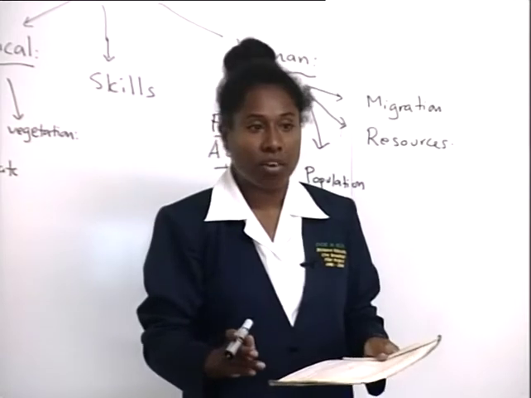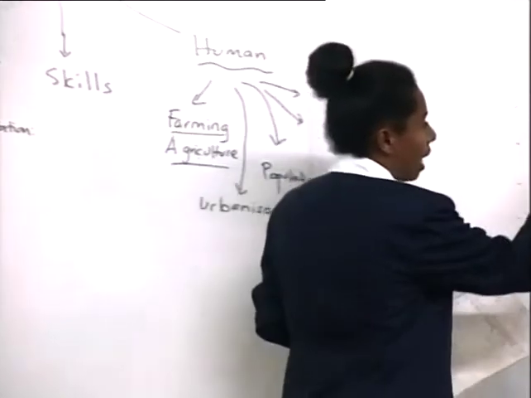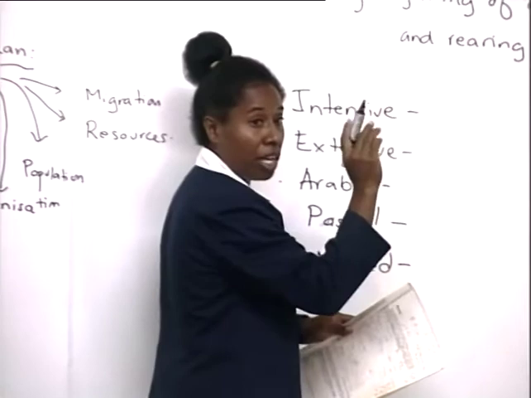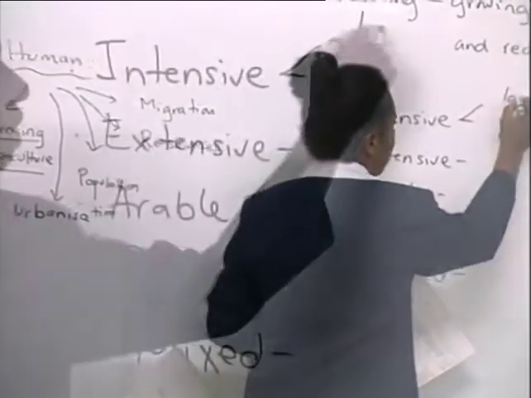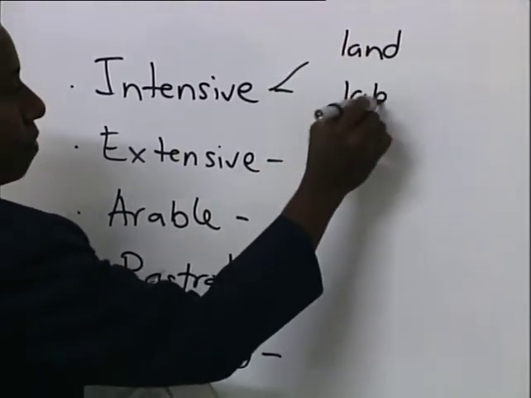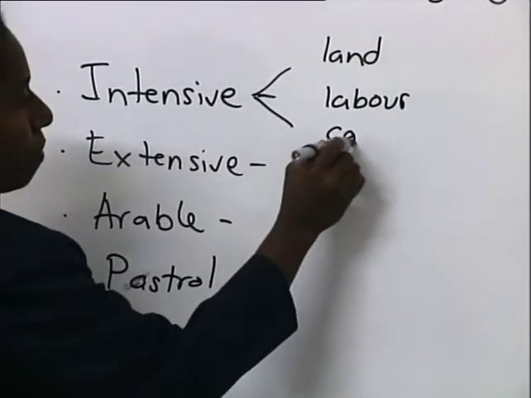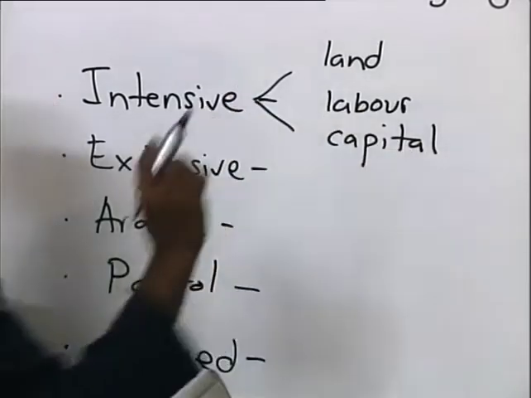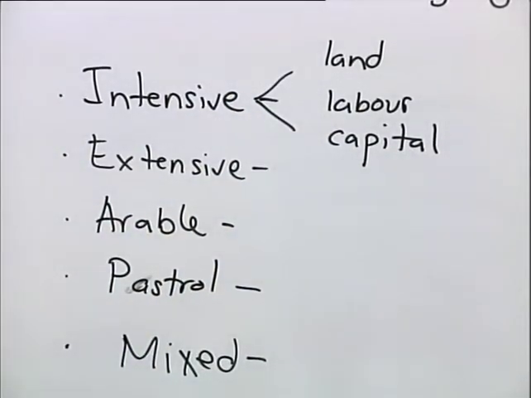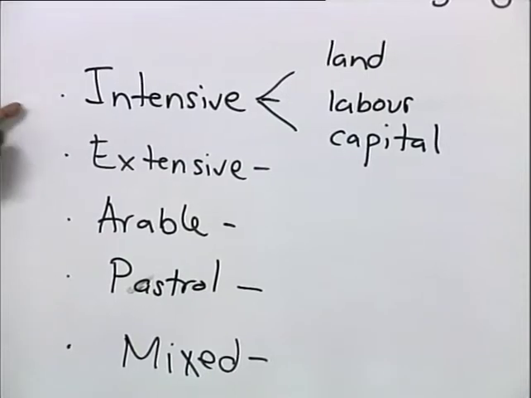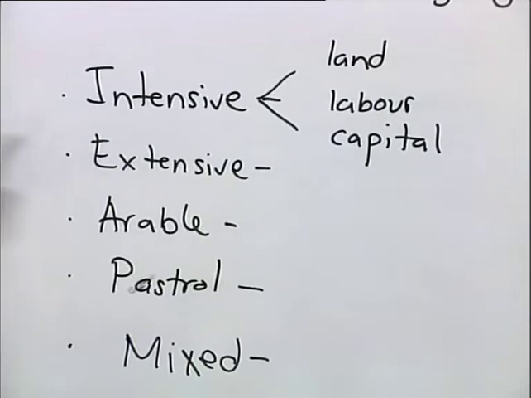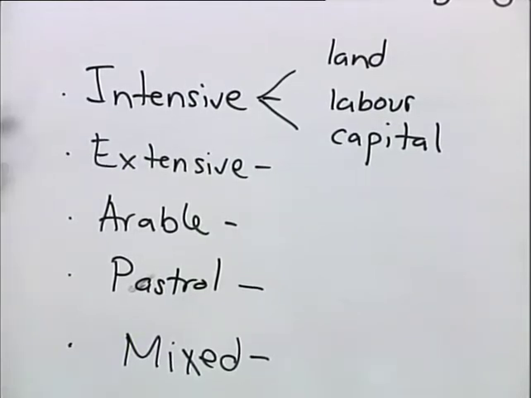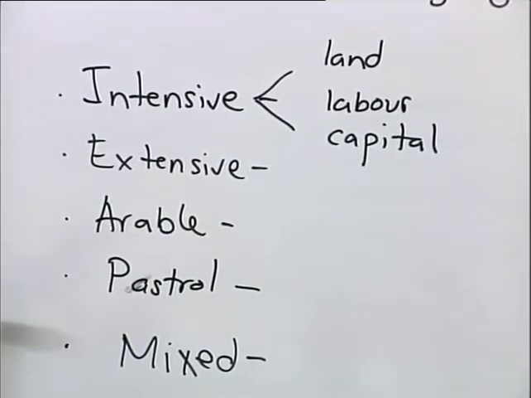Massive is definitely correct. Here we are looking at the ratio between three factors of production. The three factors of production are land, labor, and capital. We're leaving out the entrepreneur because you need that to actually run the farm. That's the manager, or the person's skills and knowledge. But these three are very important when we're looking at intensive or extensive farming. We're looking at the ratio between land, labor, and capital.